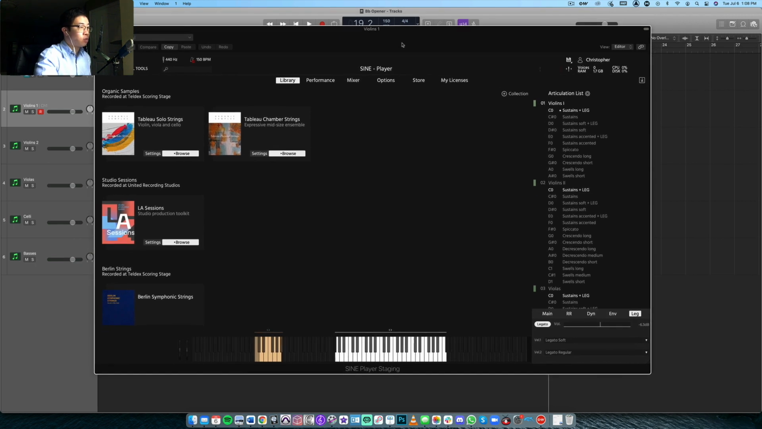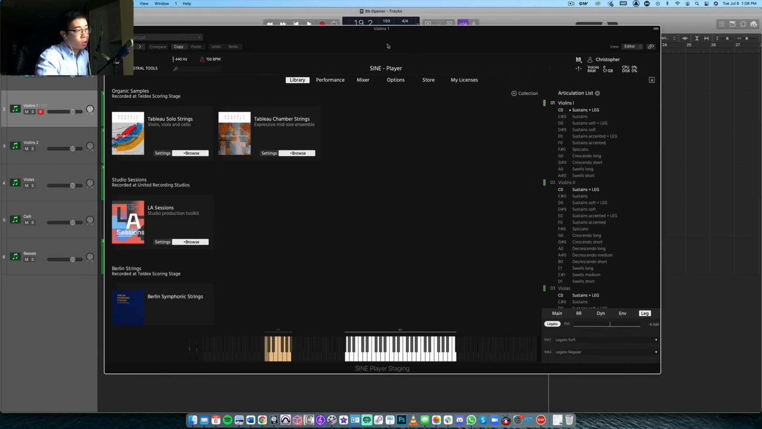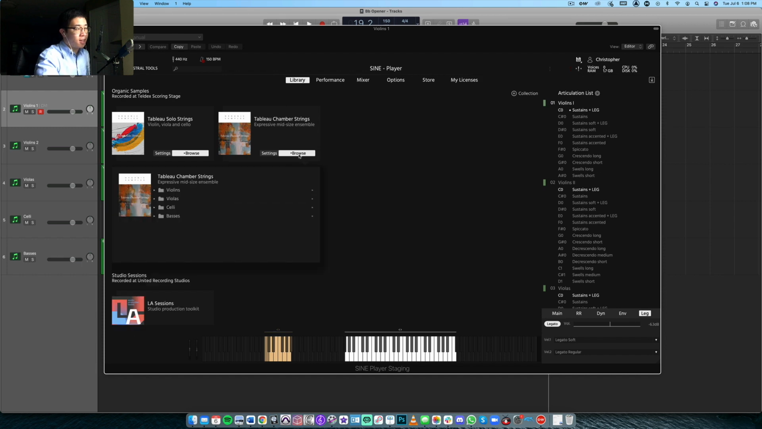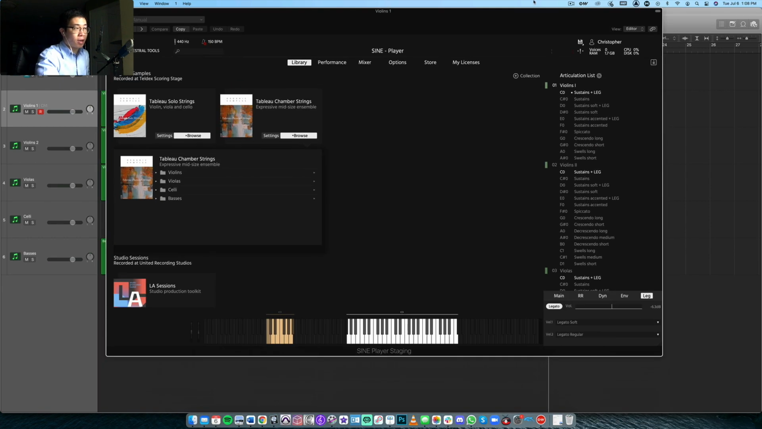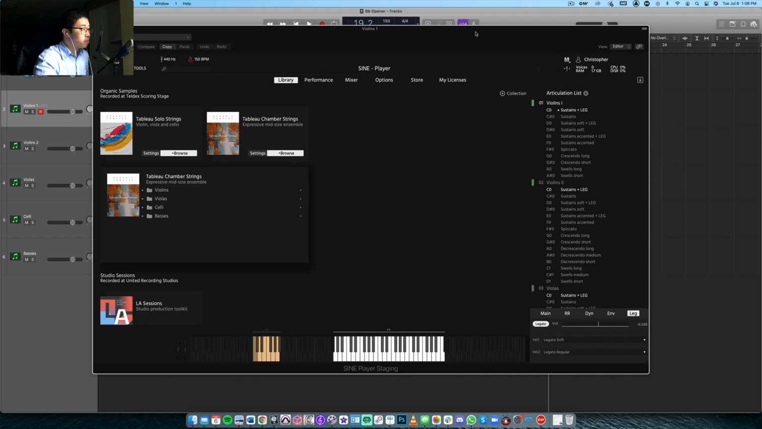So big thank you to OT for sending me a copy to do a quick review for you guys, and I want to get into the structure of the library and what it comes with, and then we'll demonstrate some of the articulations, and then finally we'll play a little example at the very end that I've put together using the library. So you see it's very simple, comes with the 4 sections: violins, violas, cellos, and basses,